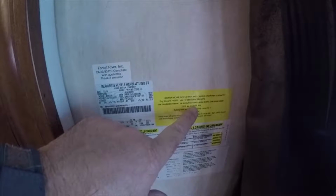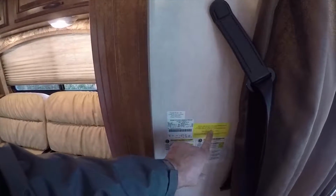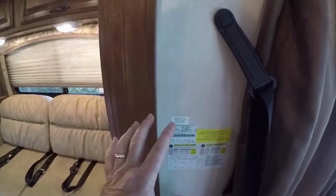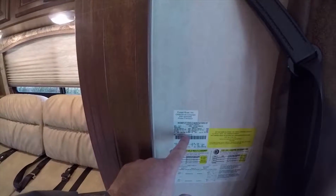This has a cargo carrying capacity, which is really good, of 5,100 pounds. I've been in some Class A motorhomes and they only have a cargo capacity of like 1,700 pounds, but this has 5,000 pounds. Stop for a minute and pay attention here because this is important. This motorhome is unique